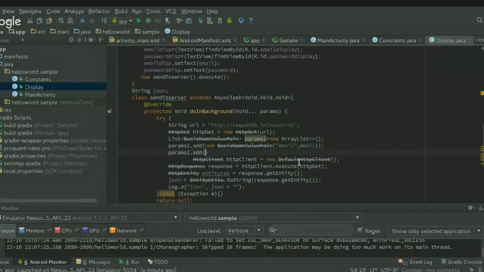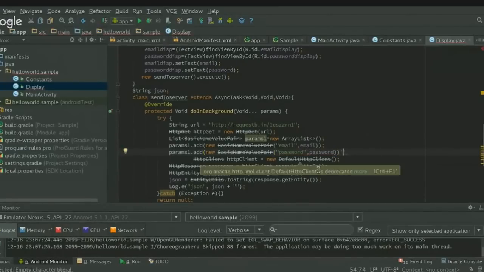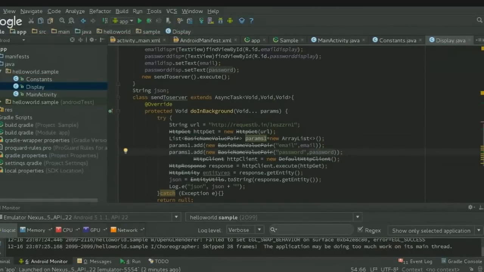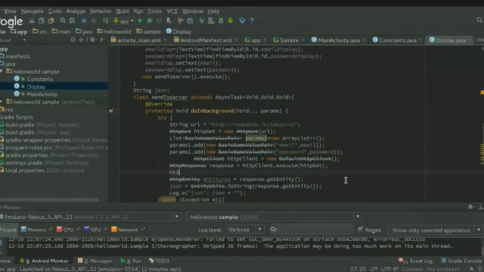Current one dot add new basic name value pair. Password. Password. So that's it. That's the value that I've added. And I should be able to add these parameters onto my HTTP client. So HTTP get dot